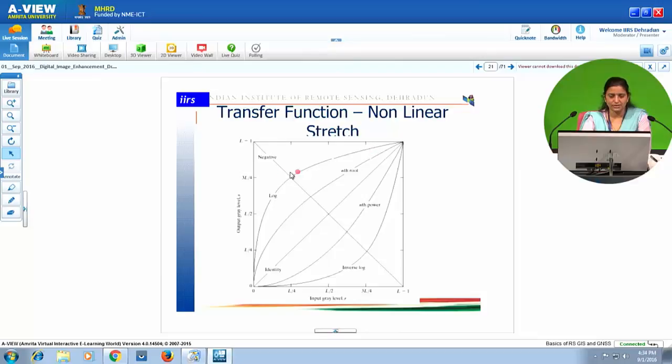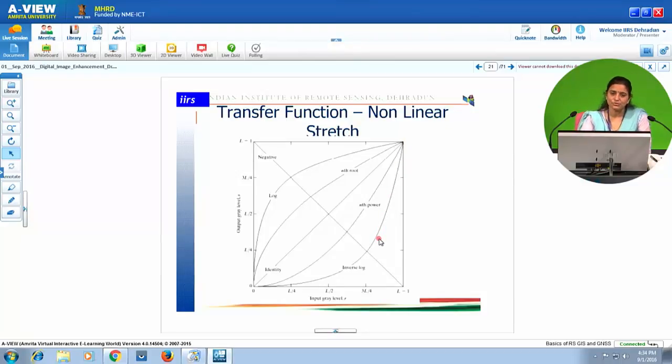As you can see here, these are the transfer functions of different non-linear stretching. This is for logarithmic stretching. You can see the maximum slope is in the dark part of the histogram, whereas in inverse logarithmic, the maximum slope is in the brighter part of the histogram.